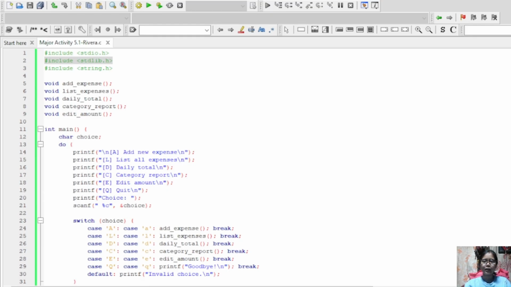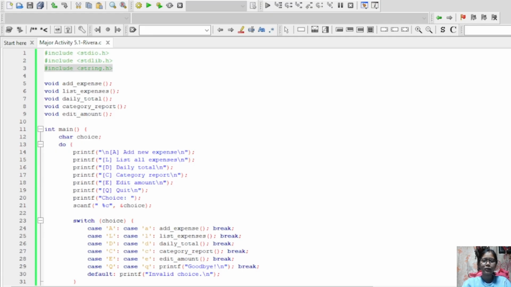This one gives us access to functions like exit, and the last one is used for string handling, such as copying and comparing strings. These libraries give us the tools we need to work with files and strings in C.